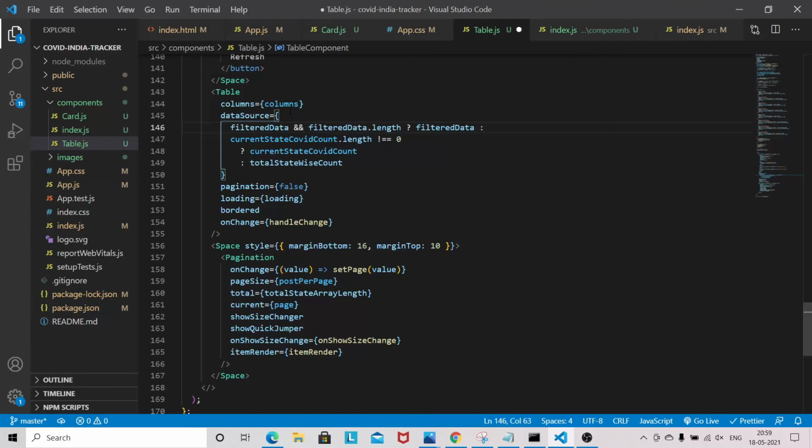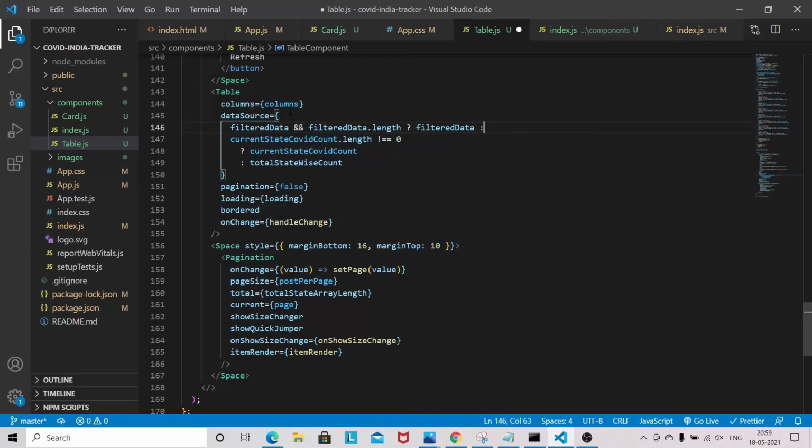Basically we don't want to break things while searching state-wise when you are also applying the pagination at the same time. So in order to avoid that, we are writing this logic.